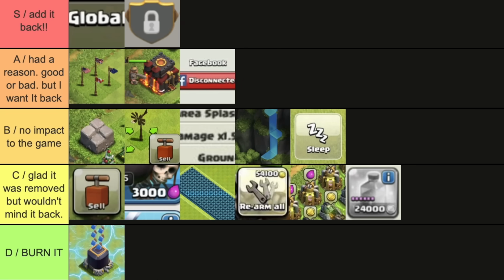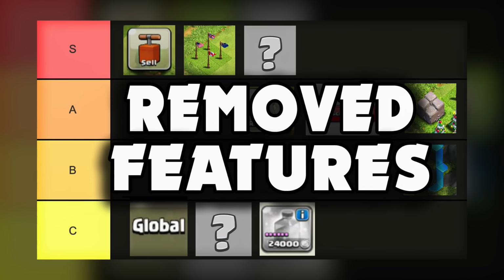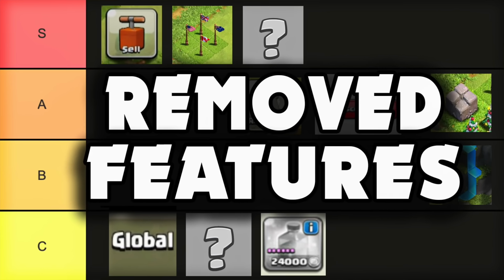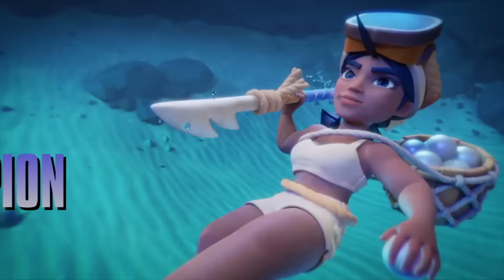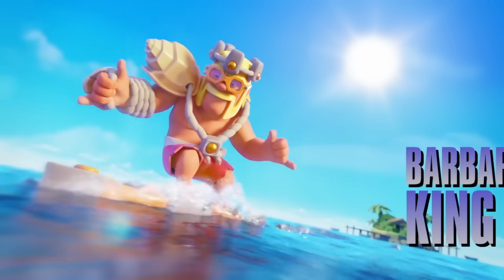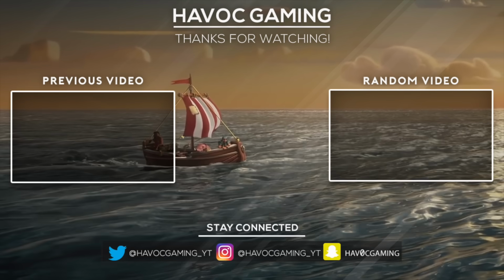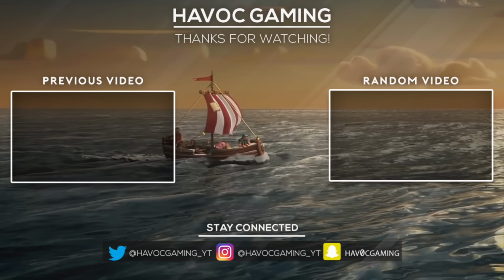So guys, I think that should be it for my ranking of these removed features. Of course, there were a lot more things that were removed, very specific ones like Inferno Tower dealing so-and-so damage to this troop or stuff like that. I didn't want to include much of it. I thought the Hog Rider one was a little different, so that's why I included it, but the others, anyways,